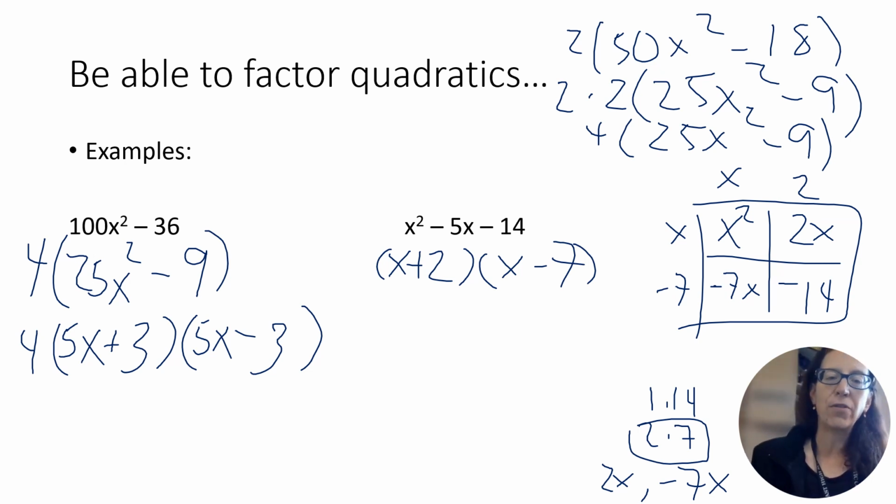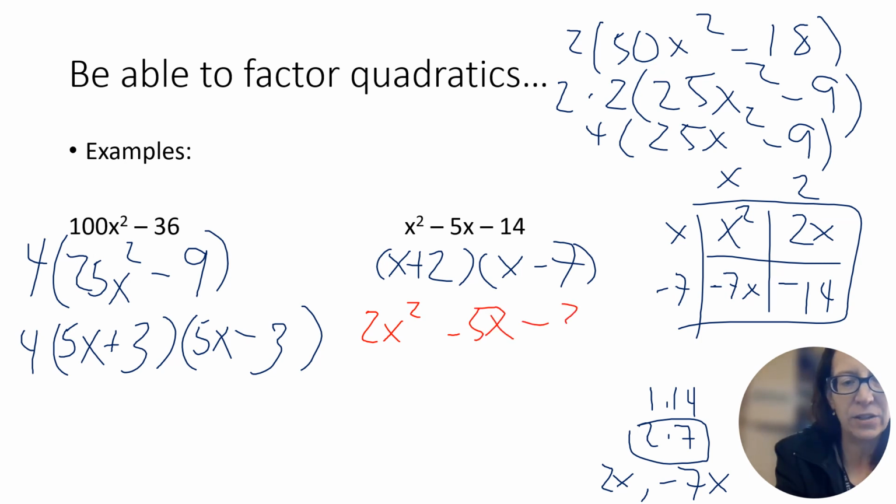Another thing to remember about the factors is that some of them will have a leading coefficient. You will need to be able to factor with the leading coefficient. I think I picked one of those. I did not. Okay, let me address that then. You might have some that have a leading coefficient. So hang on, I gotta write a problem. Okay, so if you had to factor, say, this 2x squared minus 5x minus 3,